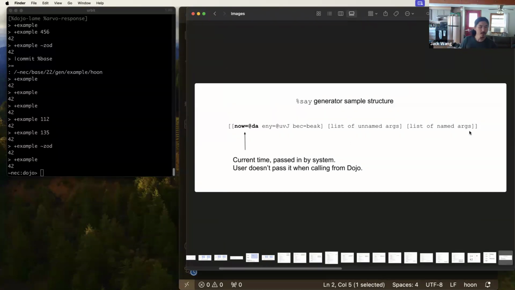Okay, so in general, the sample or the input to a sensei generator is going to have these 3 parts. The first is itself a triple, which contains 3 useful pieces of information. That triple is going to have the current time,